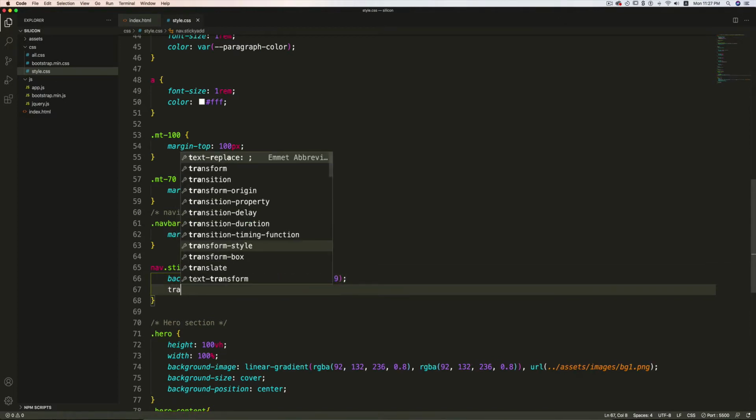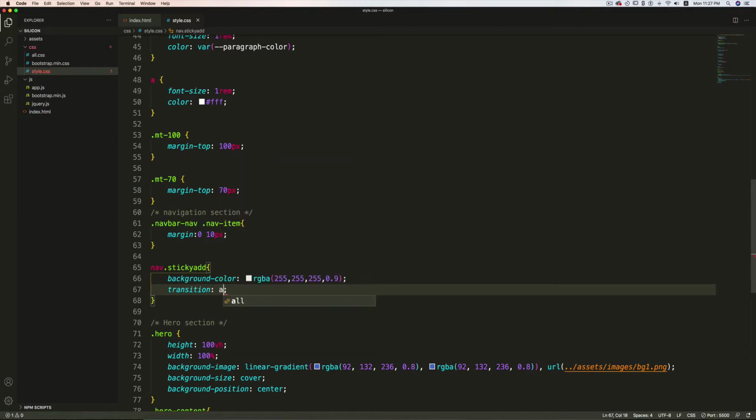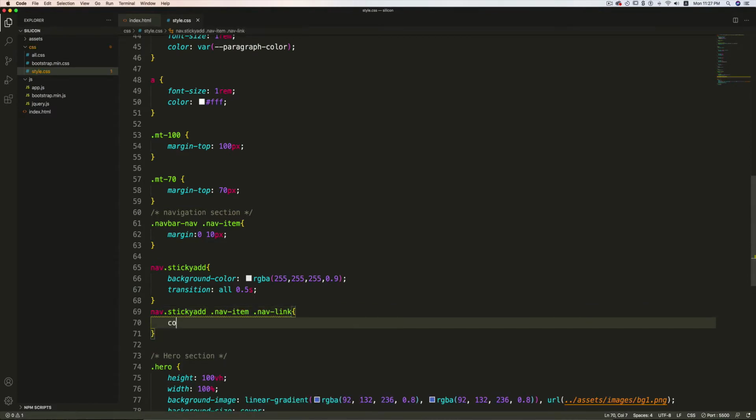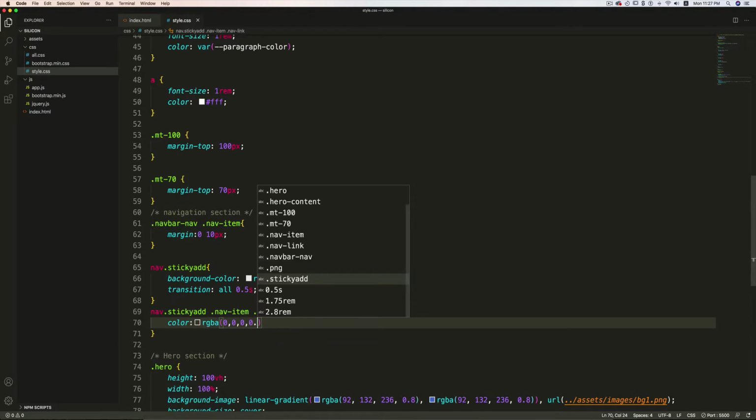After this I'll add a transition all 0.5 second. Next I'll write nav.sticky-add .nav-item .nav-link. Here I'll change the color to RGBA 0, 0, 0, 0.7.